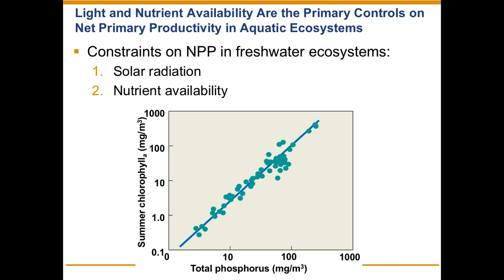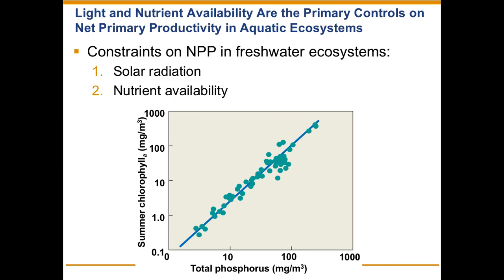But we've got known correlates, known things that we can observe. And here we know from a whole host of experiments that phosphorus is one of the main limiting elements, or limiting nutrients, in an aquatic environment. So as you add more phosphorus, you can stimulate more plant growth, you can stimulate more productivity.